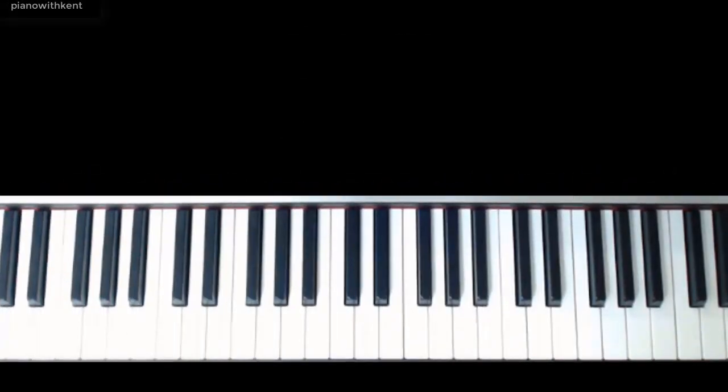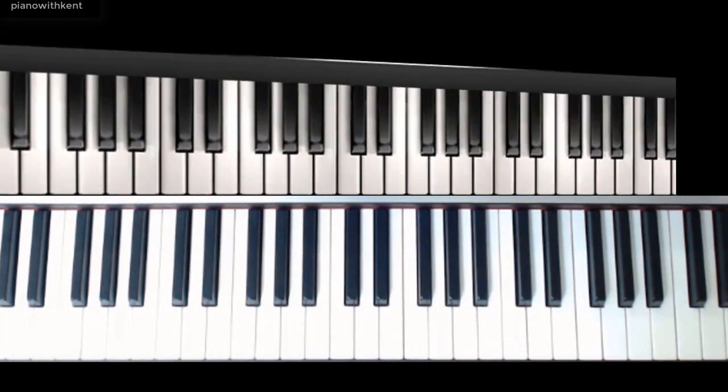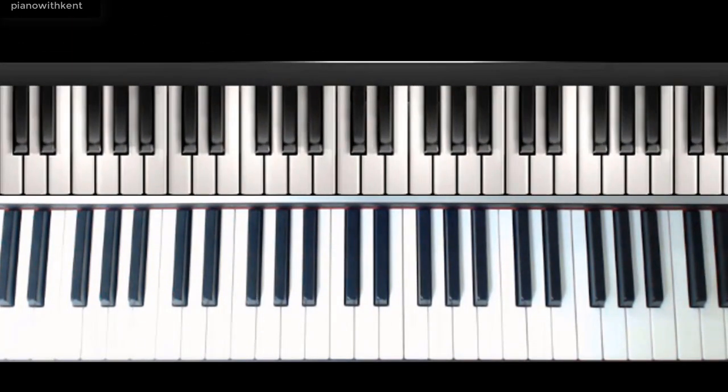Hi, this is Kent, and this is Blues Piano Lick number 9. This one is in the form of what we call a turnaround. And a turnaround happens, as far as the 12-bar blues is concerned, in the last 2 bars